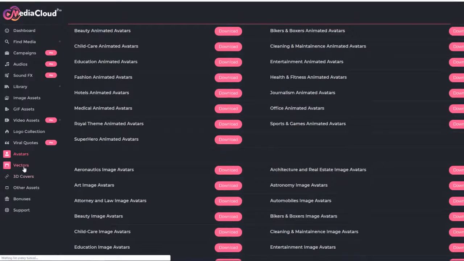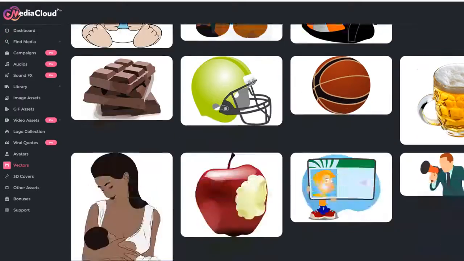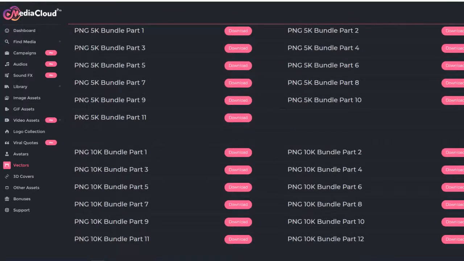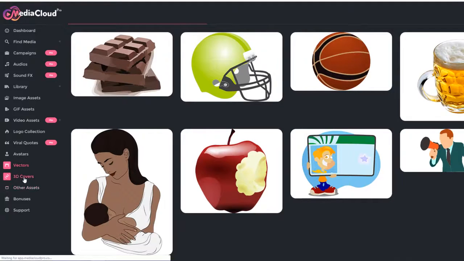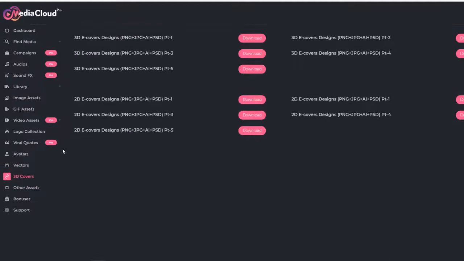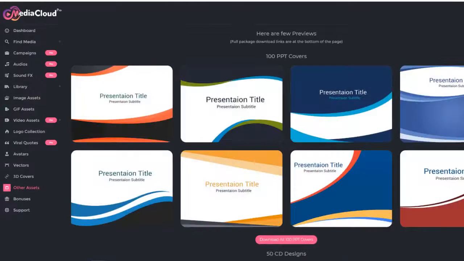And then you have vectors. These are basically PNG images. You have thousands, tens of thousands of images that you can download. You've got 3D covers as well as 2D covers. And then we have other assets, which includes quite a lot, including PowerPoint covers,